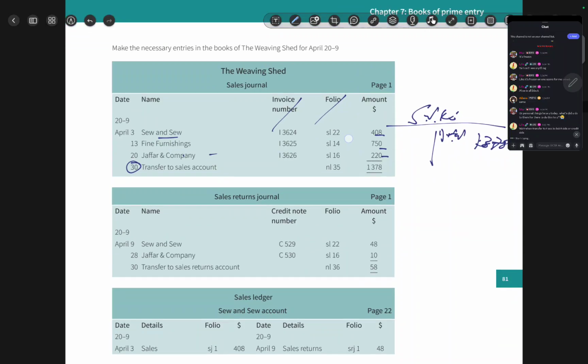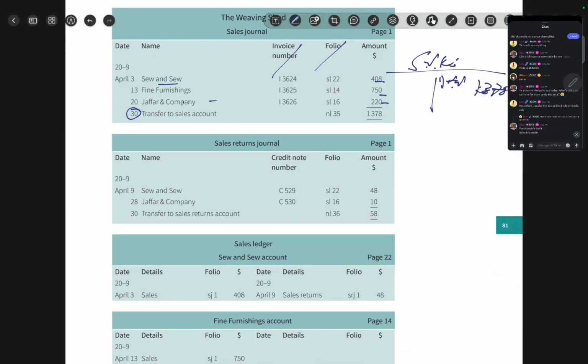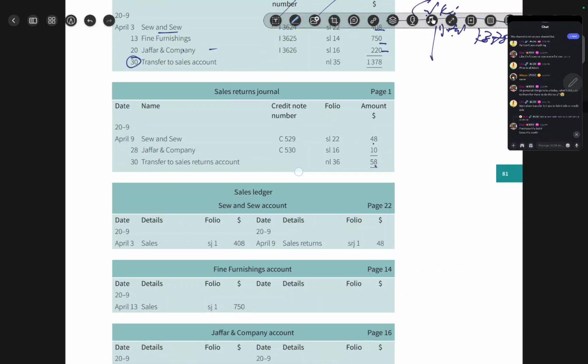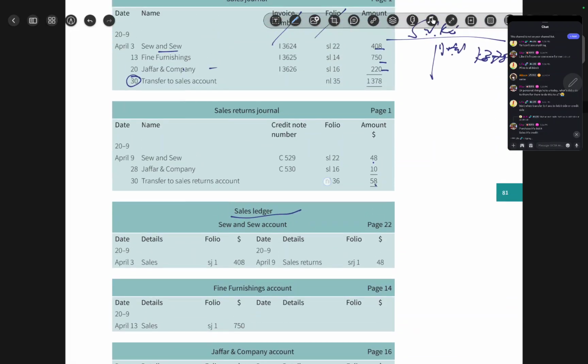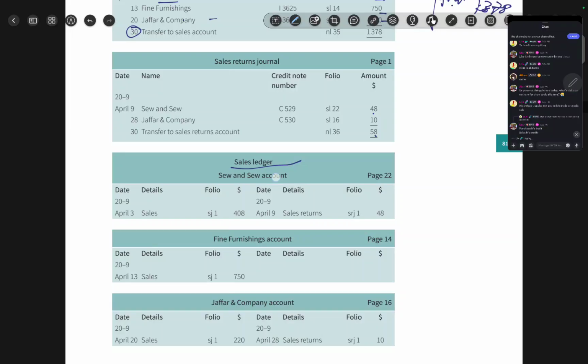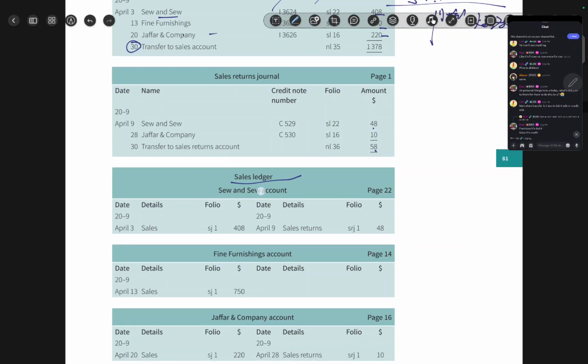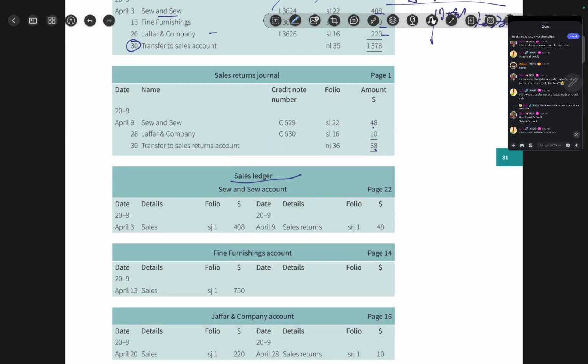Then the same thing happens in your sales return journal. You take your sales returns, put the date, put the amount directly, and then transfer it to the sales returns account. And then in your sales ledger, where you have all your credit customers, you record the individual account of all of these people. It's just going to be double entry. So for example, normally you will credit your sales, so you will have to debit your